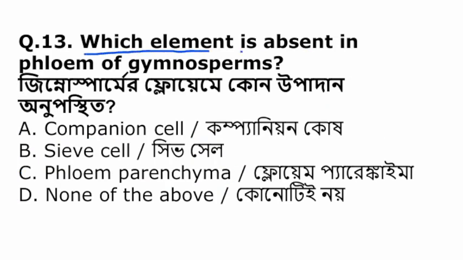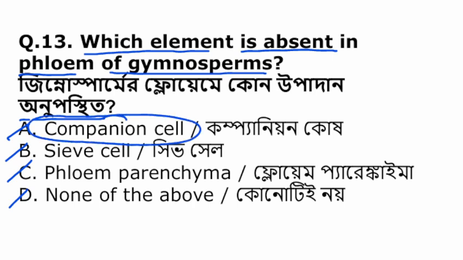Which element is absent in phloem of gymnosperm? জিমনোস্পার্মের ফ্লুয়েমের মধ্যে কোন উপাদানটা অনুপস্থিত থাকে? Companion cell, sieve cell, phloem parenchyma or none of the above. So in case of gymnosperm, the companion cells are absent. ফ্লুয়েমের মধ্যে companion সেলটা অনুপস্থিত থাকে।